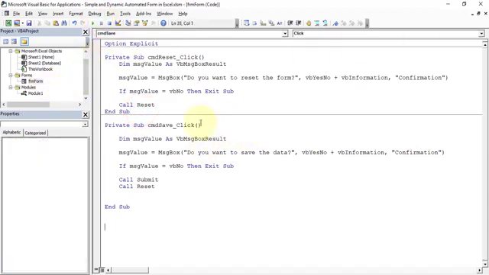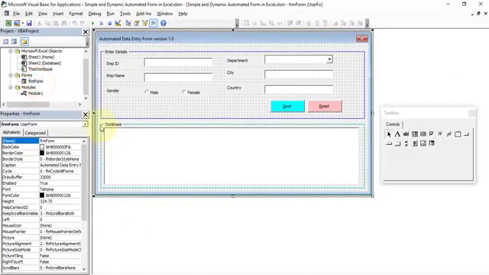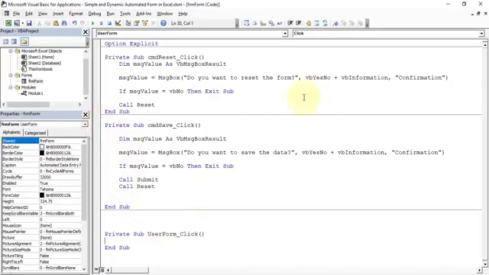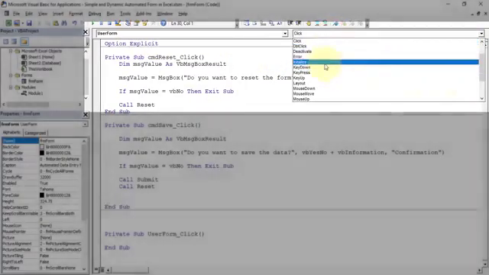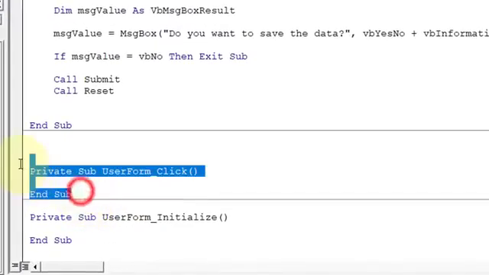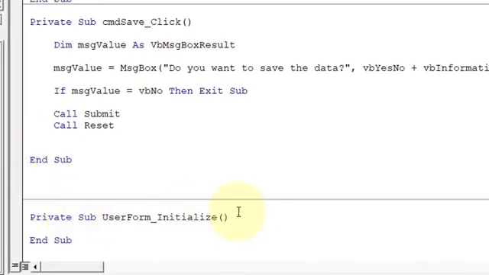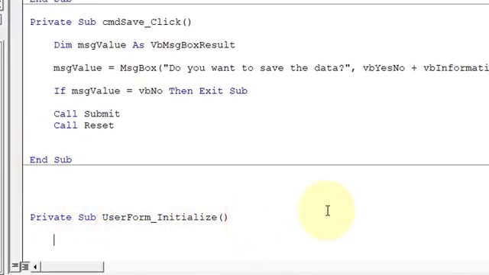Now we need to write code to initialize the form. So let's copy this call reset, and again go to the form, double click on the form, and here select the Initialize event, remove the click event, and just paste the call reset.